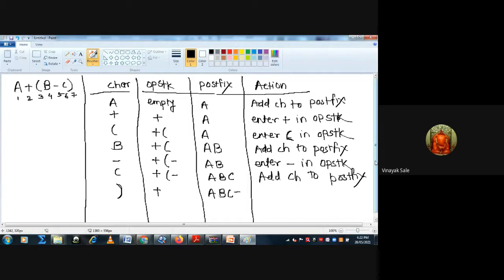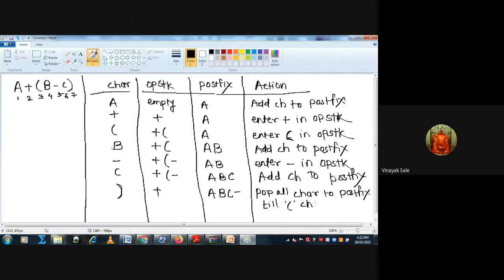So here the action is pop all characters to postfix till the opening bracket.